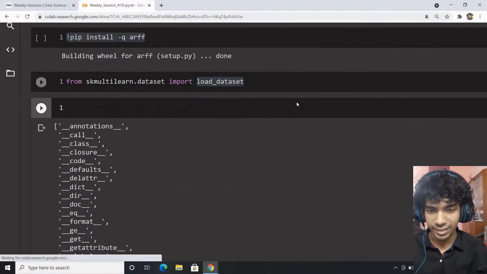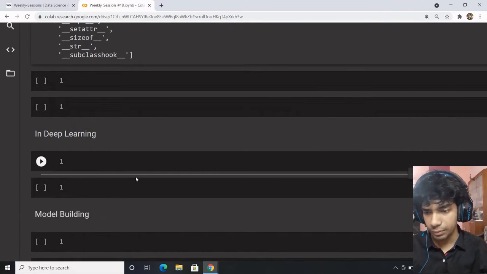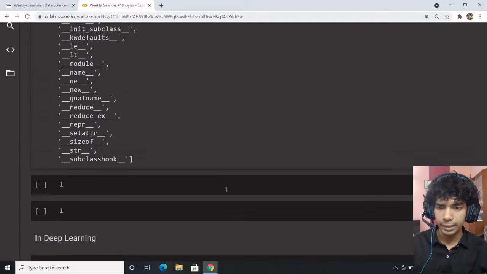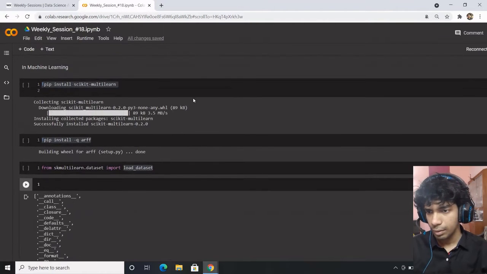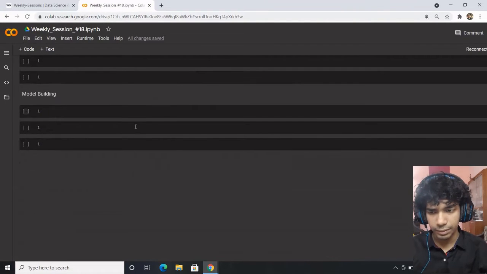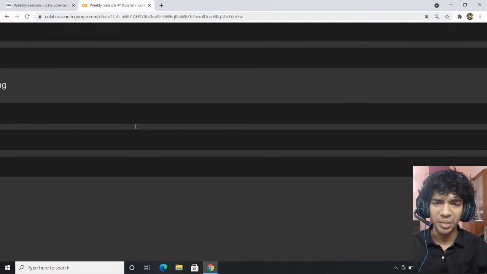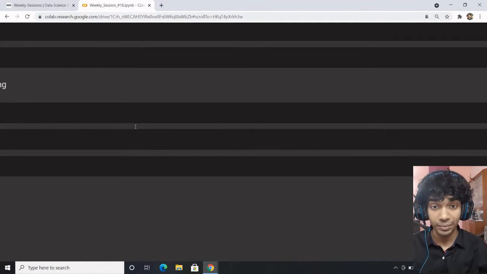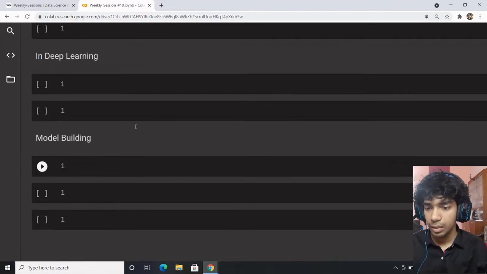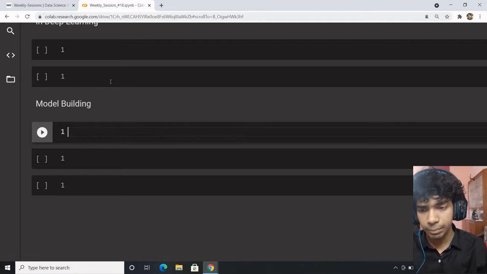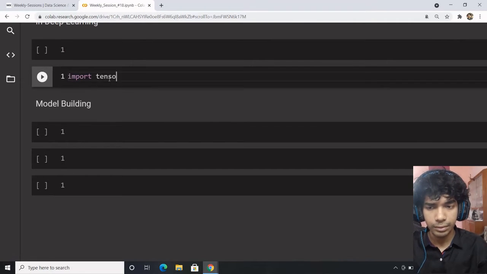So let's skip over this and jump to the main thing, which is deep learning, which is quite prevalent as well. So how do you perform multi-label classification in deep learning, not multi-class? Multi-class is what we have already been doing. And how do you perform multi-label classification in deep learning? That's what we are about to discuss. So the main thing is about how you're going to perform the model building. So let's say you're building a TensorFlow model.